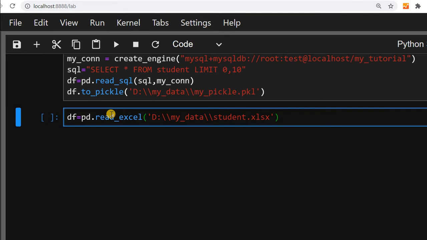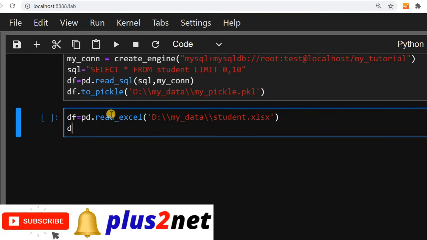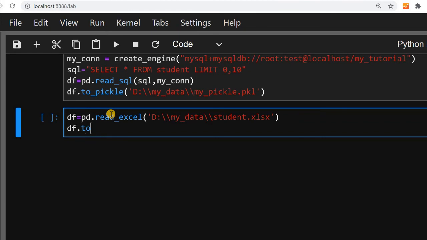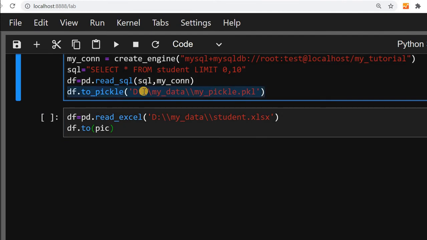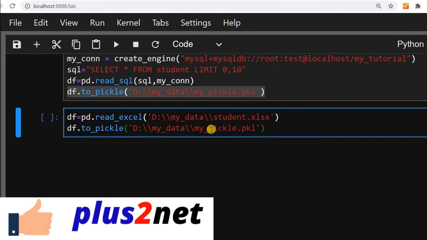This file is located inside the D drive my data directory. So the data frame is ready. Sorry, now I'll be creating the pickle file. df.to_pickle, or I can just copy this last line. This is where I will be storing my pickle file. So that's all. This will read from the Excel file in the directory and create the